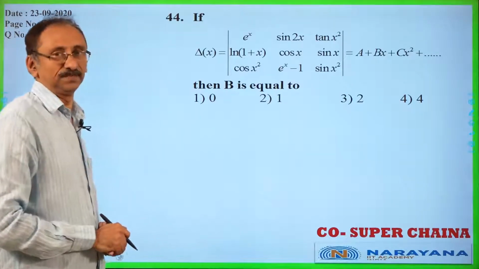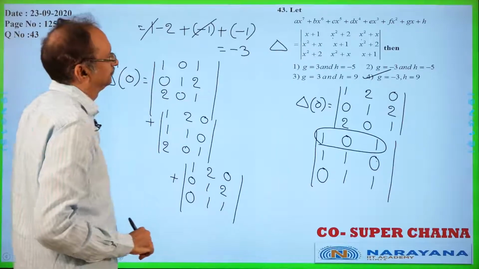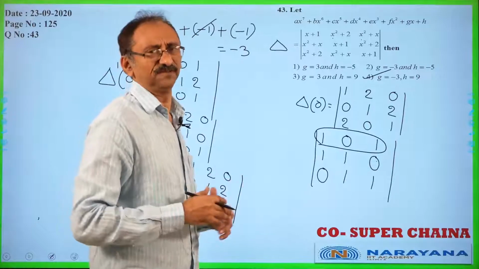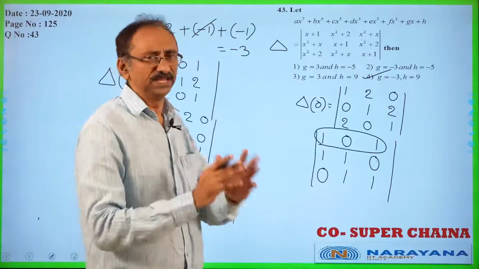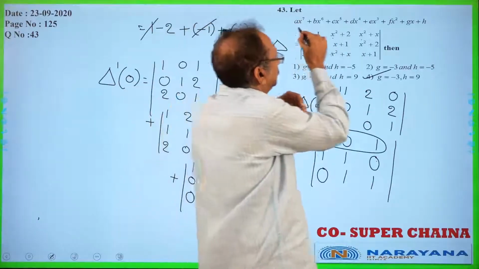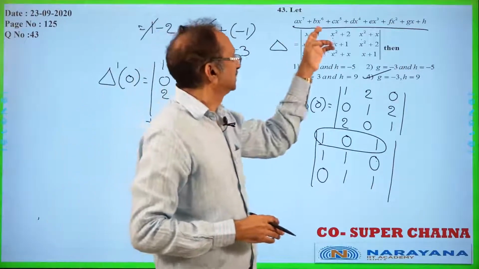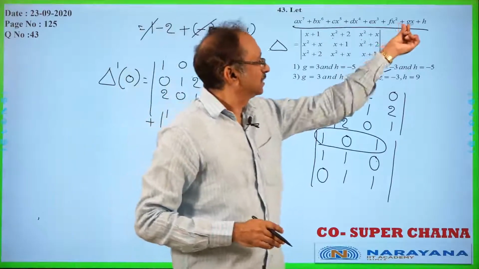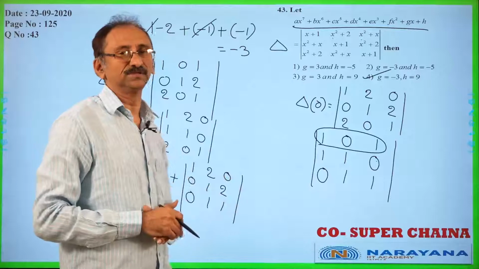And what is this? In the previous question, you may think, for example, once again I will go to the previous question and see this question. You may think, sir, why differentiate all this? I will simply expand that. Okay, sir, no problem. It will take 10 minutes or 15 minutes for me, but I will do it, sir. I will expand that and definitely that will be a polynomial and I will compare. Okay, if they are asking A, B, C, D, E, F, G, all like that, you can expand. But he is not asking the other values, only G and H. For that, the differentiation procedure will be helpful.